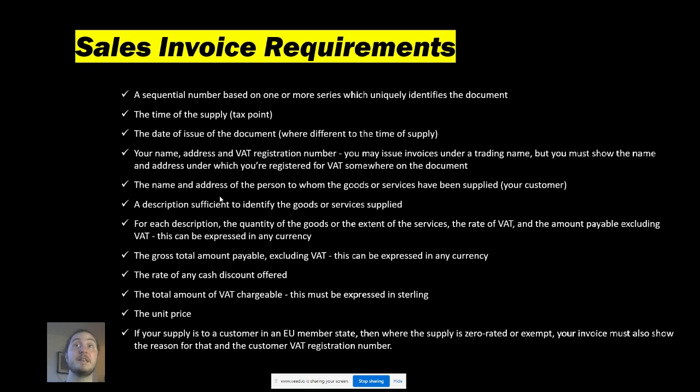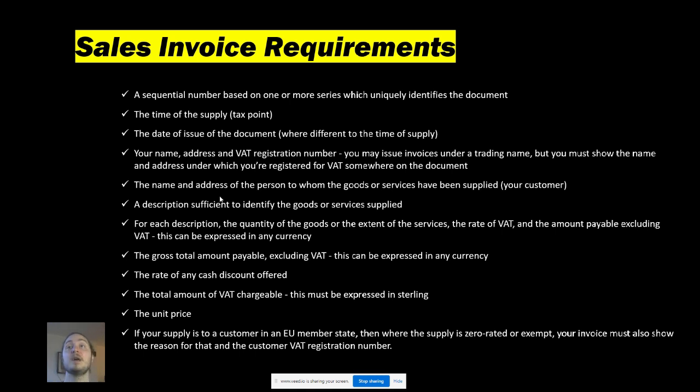Your name, address, and the VAT registration number are a must. You might issue invoices under a trading name, but you must show the name and address under which you registered for VAT somewhere in the document. The name and address of the person to whom you are selling the goods, a description of the goods and services you are supplying. For each description, you must provide the quantity, if relevant, and the applicable VAT rate, the gross amount of the supply, the rate of any cash discount, the total amount of VAT that is charged,